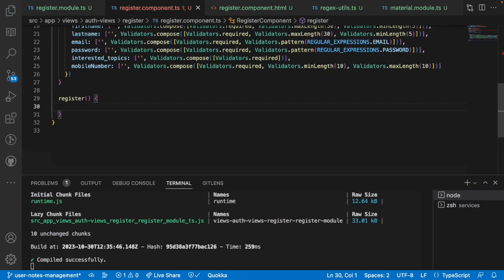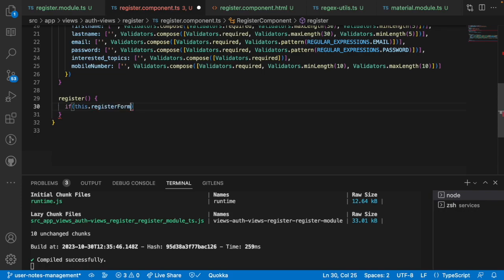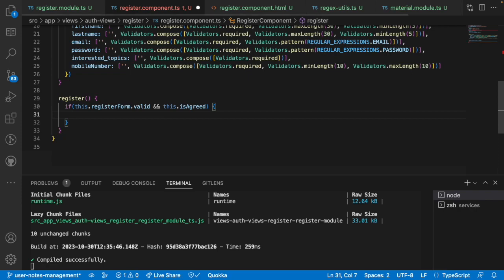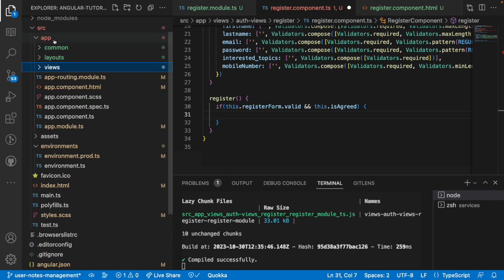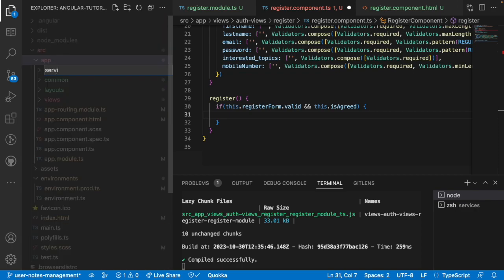Now when the user clicks on register, it has to call this, and we have to check first condition is if this.registerForm.valid and isAgreed. If these both conditions are proper, then we have to save the data. For example, to save the data, let me create a service. So let me go into our src, and inside the app I'll just create a new folder called services,